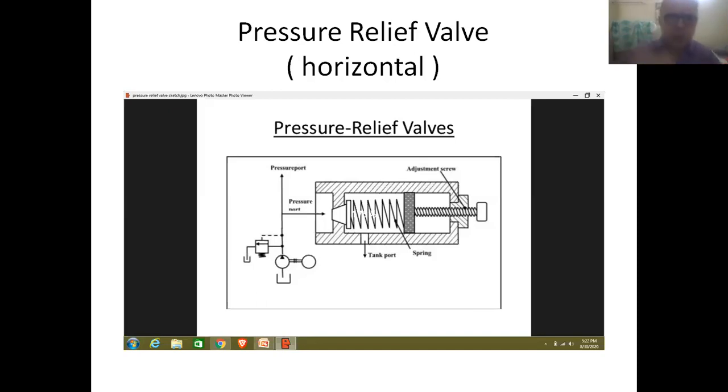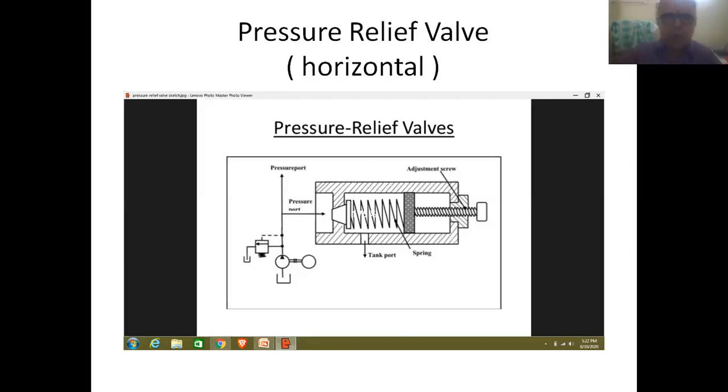In this arrangement, a spring-loaded element is placed in the left-hand side portion of the valve, and a screw element is placed in the right-hand side portion of the valve. And finally, we have the head of the screw.